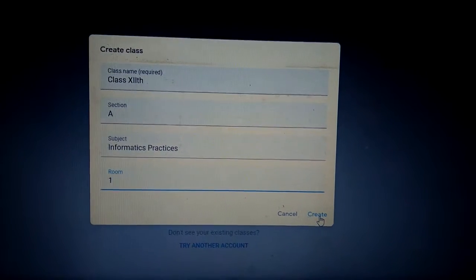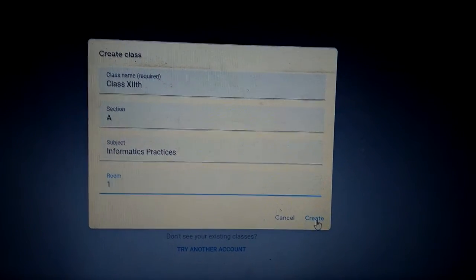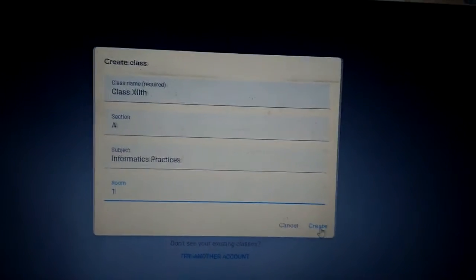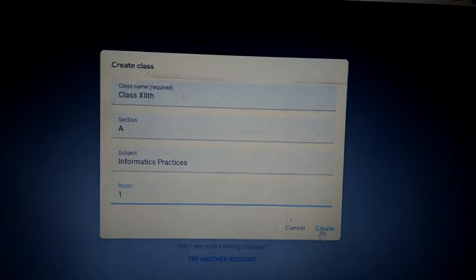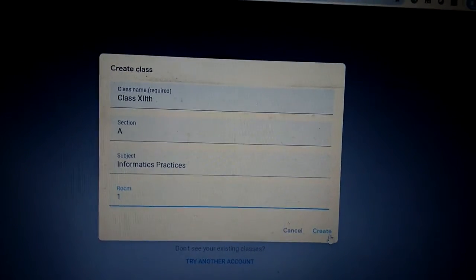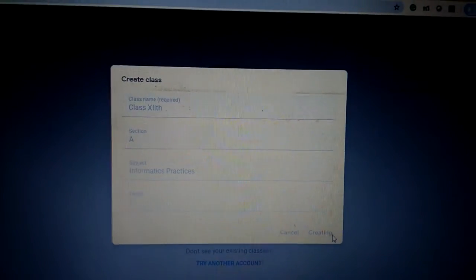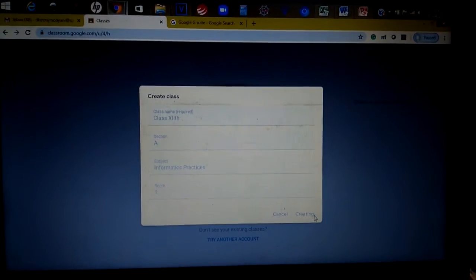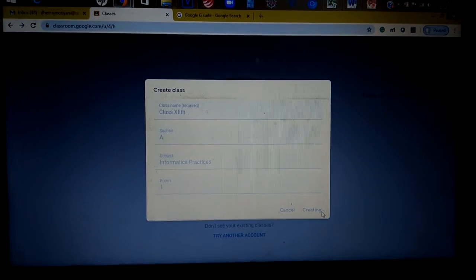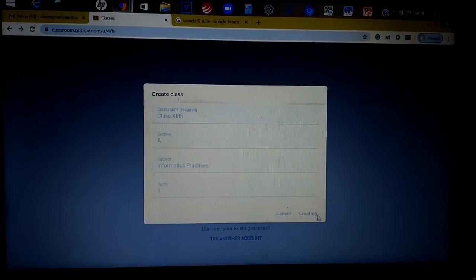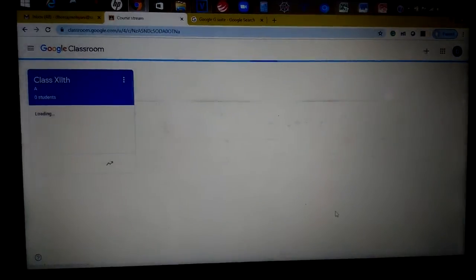For your remembrance you can give the numbering to that room. Just click on the create button here, and it will create a class for you and it will pop up here.